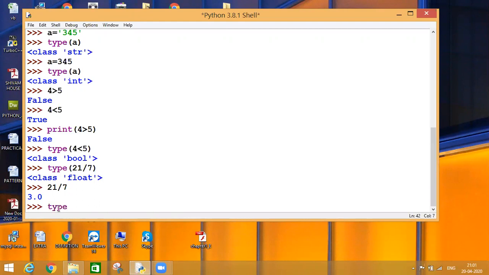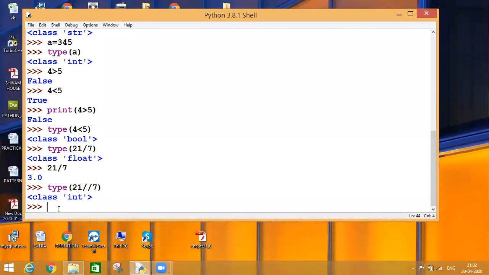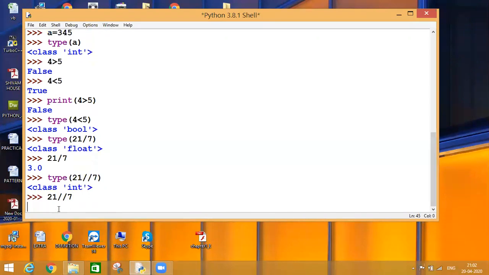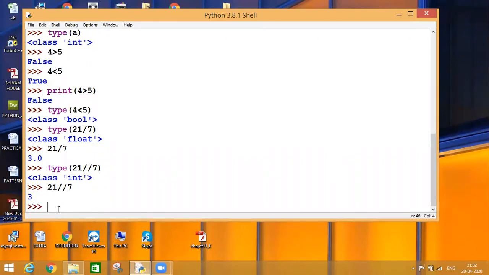If I say type of 21 integer division by 7, it will show you int, because in this case I'll get the result as 3, not as 3.0. So if I want to find out the type of my expression, I can do that also. I hope I'm clear with this concept.